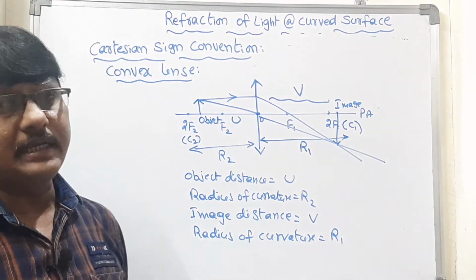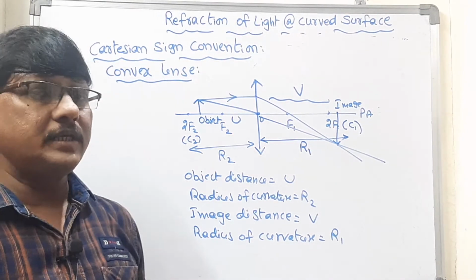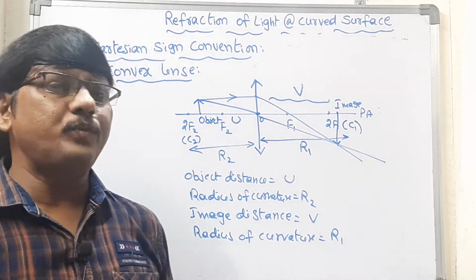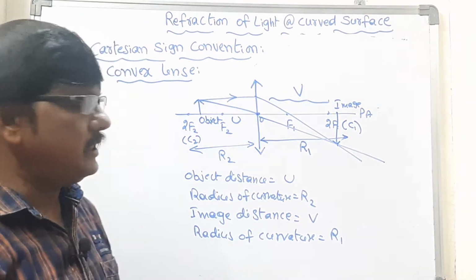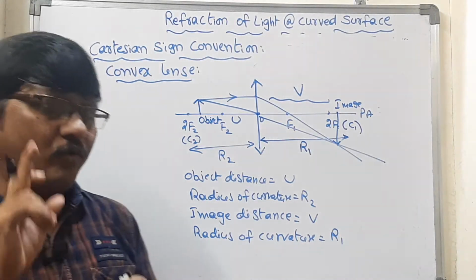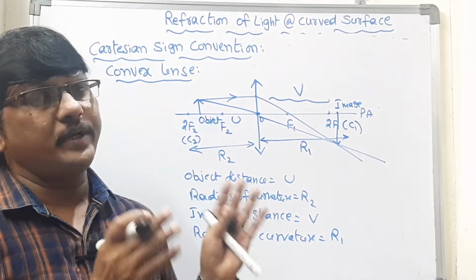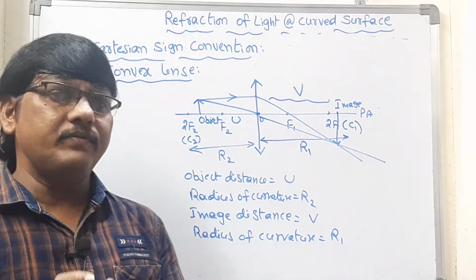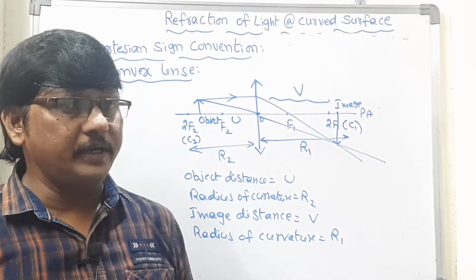The first formula is that all the distances have to be taken from the direction of the incident ray. The second is that the distances have to be taken from the optic center. We can follow those, but it is a time-lengthy process. So directly, let us take the one formula we discussed: the left side of the lens has to be taken negative, the right side of the lens has to be taken positive. It's a very clear equation, right?